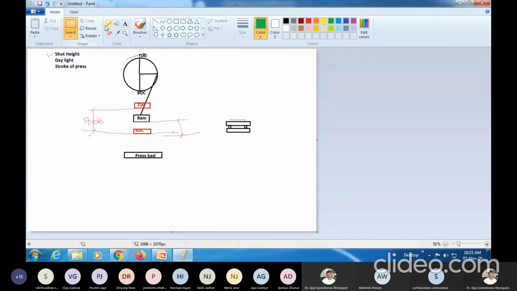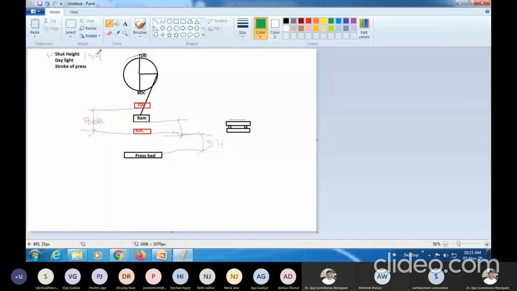And now if I talk about the space between the press bed and the RAM, when the RAM is at a BDC position, the space we get is called shut height now. Correct. So that is SH. So shut height is this distance when it is at the BDC position, SH.